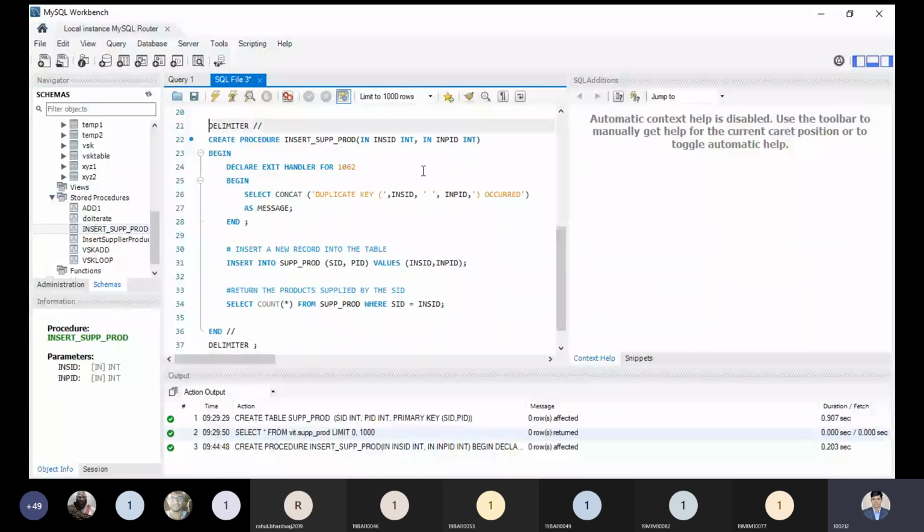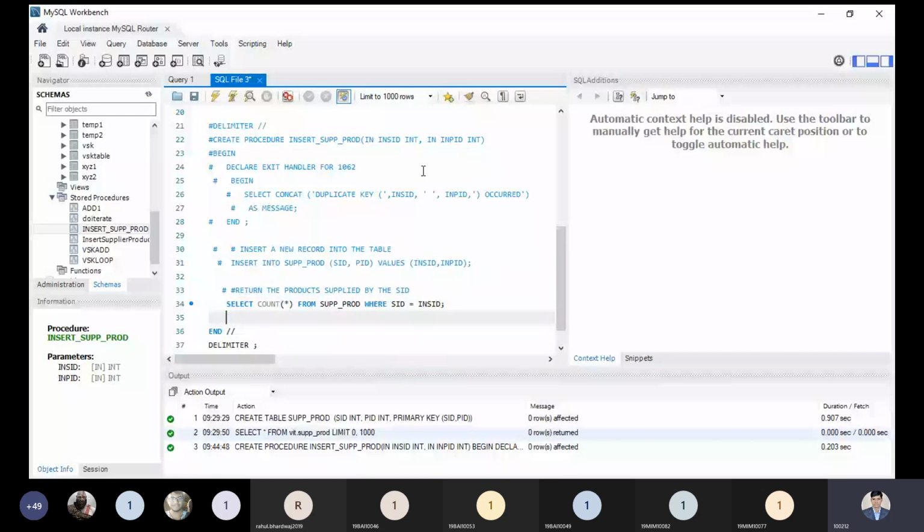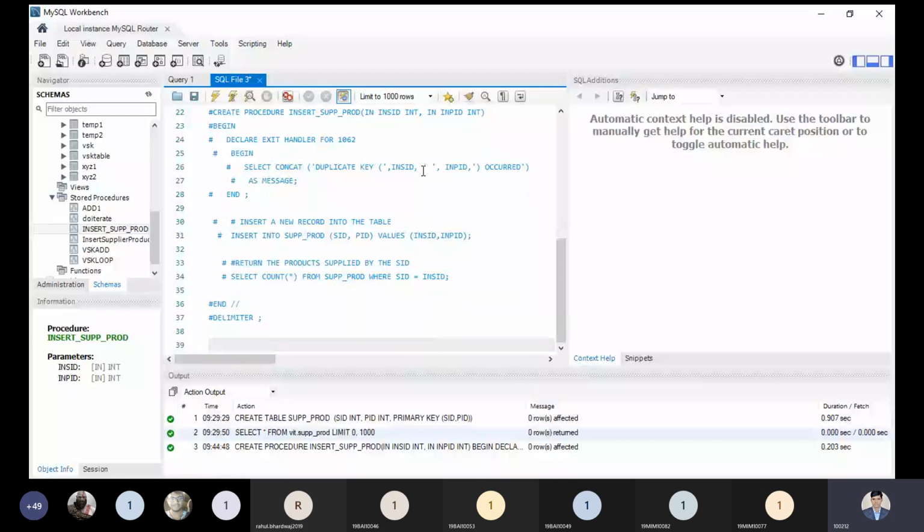Right now I'm doing something over here that will help you. Now you can see how to call the procedure. It is a simple concept by which you can understand. We call the procedure: call. What is the name of the procedure? Insert supply production. And what is the parameter I want to use? Please tell me what supply ID I must use.